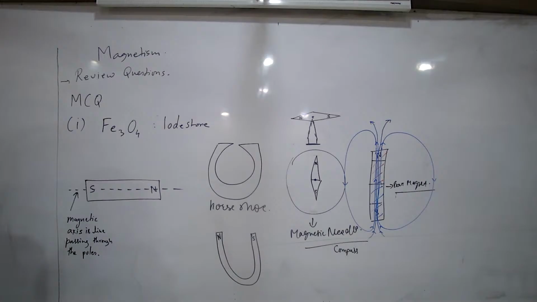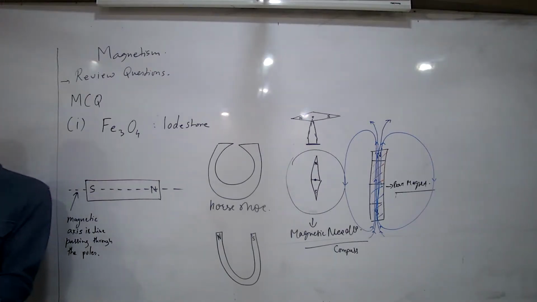What will happen? The tip of the iron bar will gain a pole. The iron bar will act as a magnet. Keep it simple: when I keep the iron bar near, the magnet will attract it, and it will act as a magnet. So why is it attracted? Because of magnetic behavior, it attracts opposite poles. So if it is a north pole, the south pole will be induced temporarily in the iron bar. It will make this also a temporary magnet.